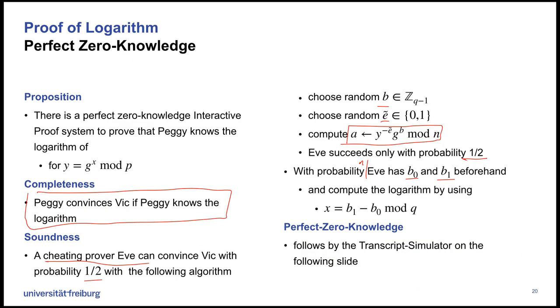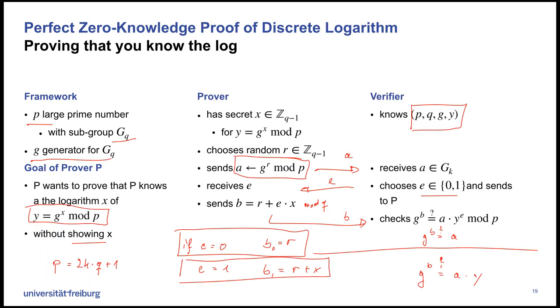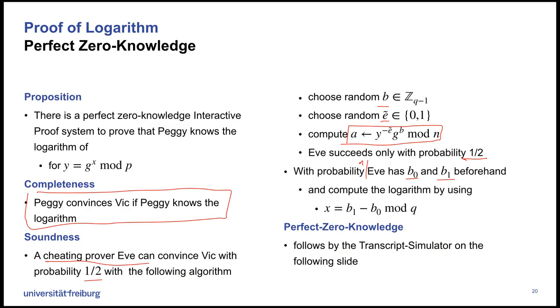So that's revealing. So if a dishonest prover has both answers for both e's beforehand, then the difference must be x. And so it's much easier to see that the prover really knows the secret if he always has the correct answer. Again,